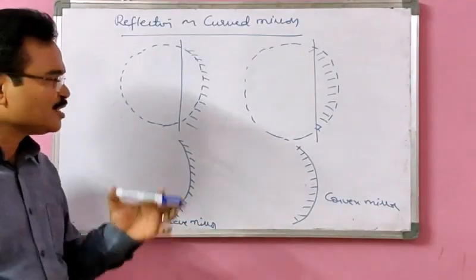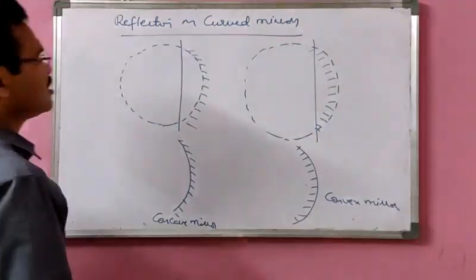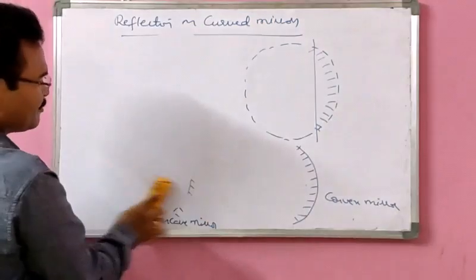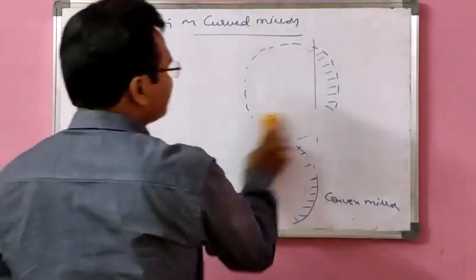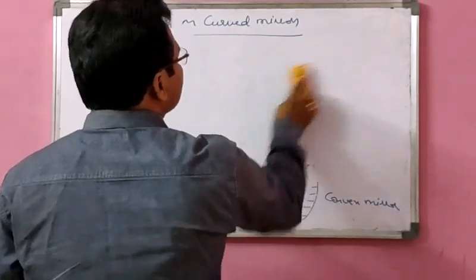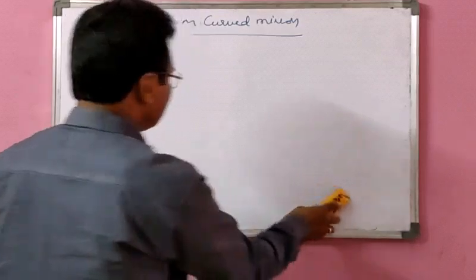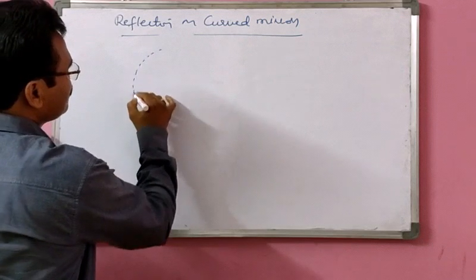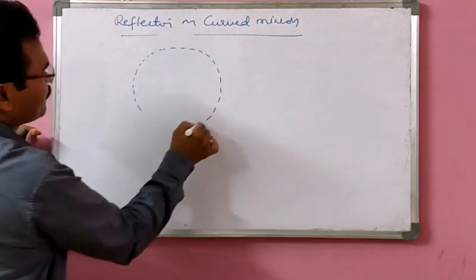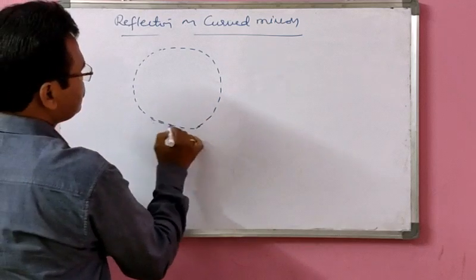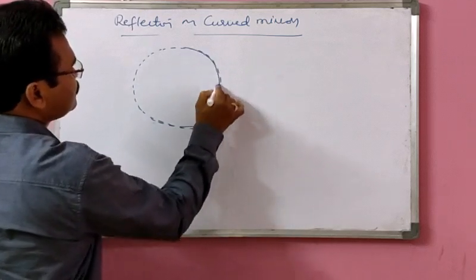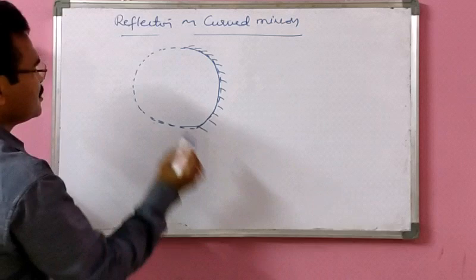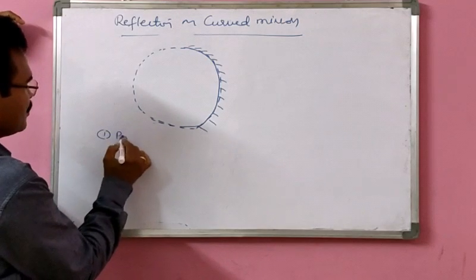Right? Now let us move on to the basic characteristics or the main terminology used in these mirrors, so that we can proceed further. Because these terms are very important. Otherwise, we cannot understand the image positions, etc. Now I'm taking a concave mirror, but the same terminology holds good for convex also. So let us consider this one mirror. The first one to explain is called pole.